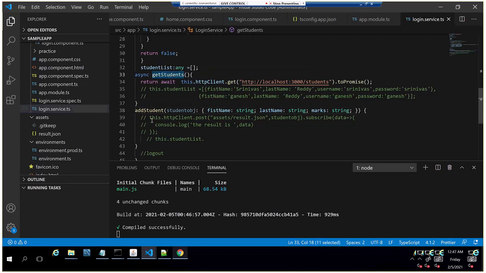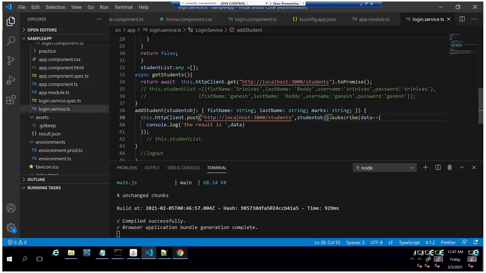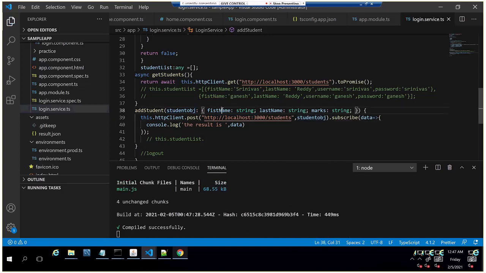Now, this is a post method, http.post, and I am using the same URL here. I am passing the student object with first name, last name and marks.